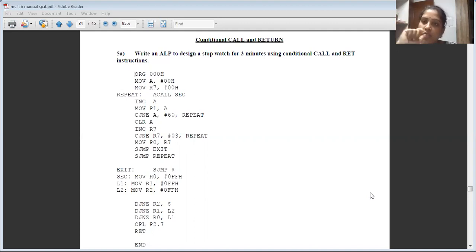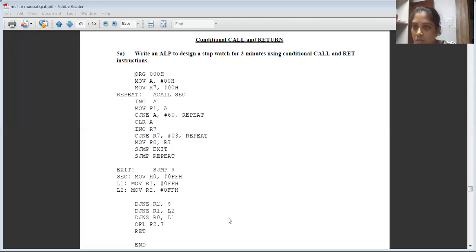By using the name of the sub program in a call instruction, we can jump from the main program to the sub program. So what your processor will do is stop the execution of the main program, jump to the sub program whose name we have specified, and start executing the instructions under the sub program. Once it encounters the return instruction, it immediately stops the execution of the sub program, returns to the main program, to the next instruction after the call instruction, and continues running the main program. This is how the call and return instruction works.